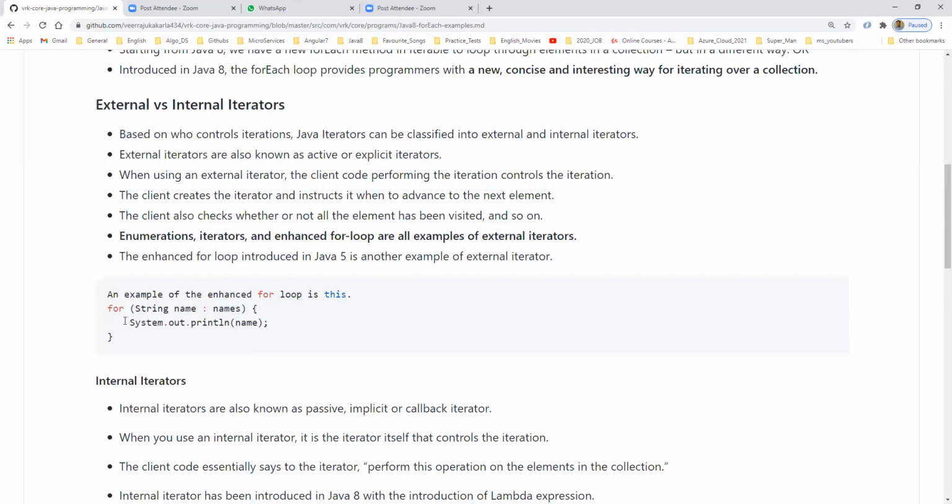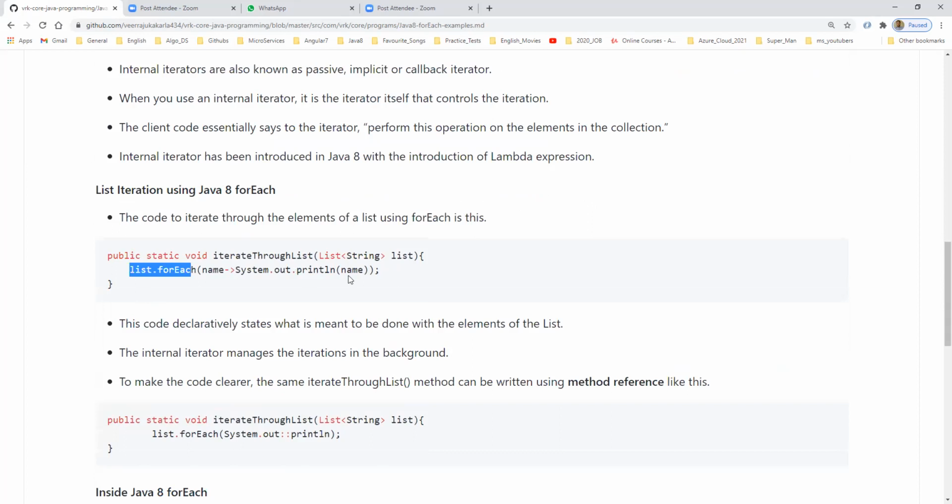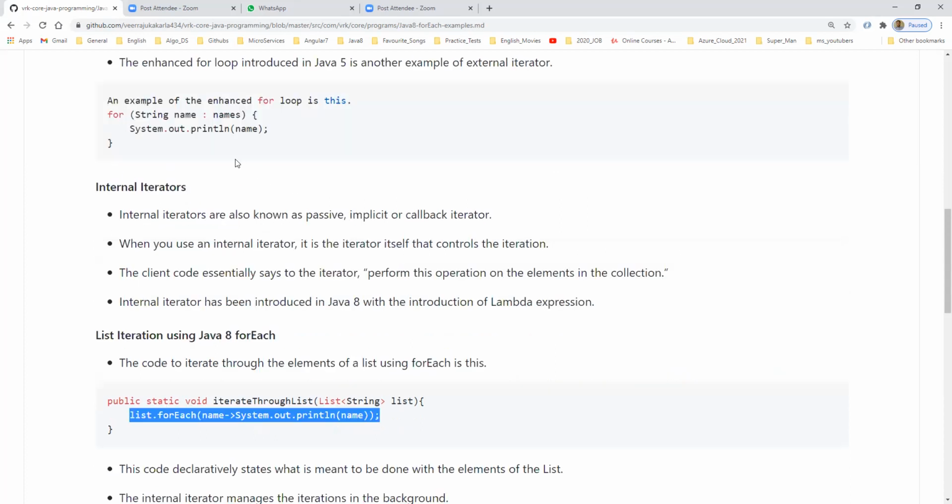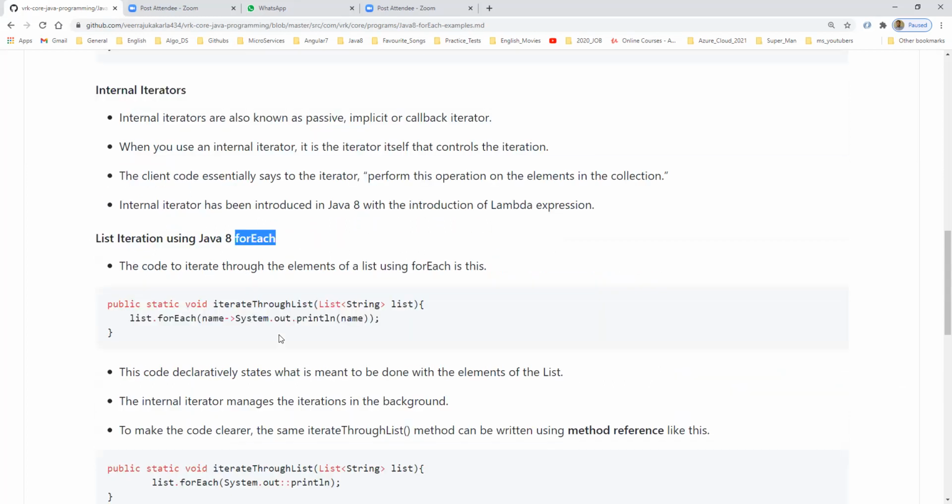Before Java 8 you were using line 1, line 2 and line 3. Here, in a single line, we are executing the collection data. So a lot of code is reduced while using Java 8 forEach. And it performs well.